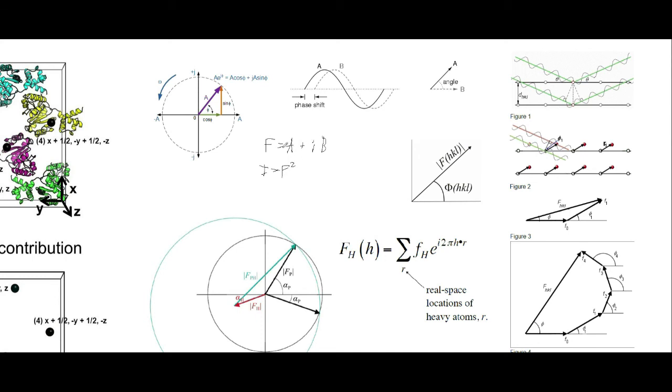And so when you square a complex number, you are multiplying it by its complex conjugate, which in this case would be this. And so what you end up with is a squared plus b squared. And so this phase difference is lost when we use our intensities to find the structure factors, and the phase